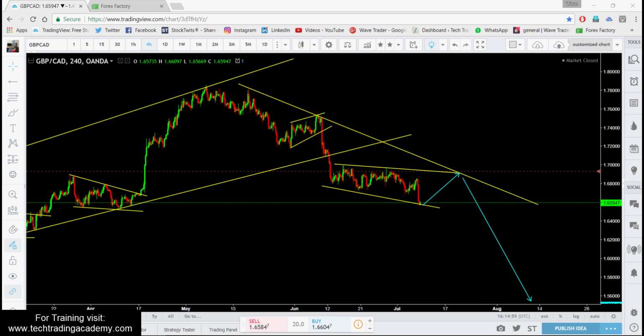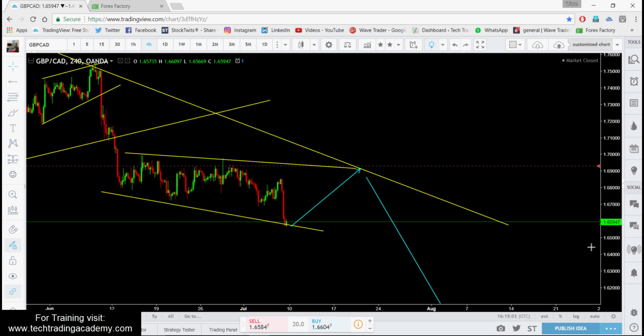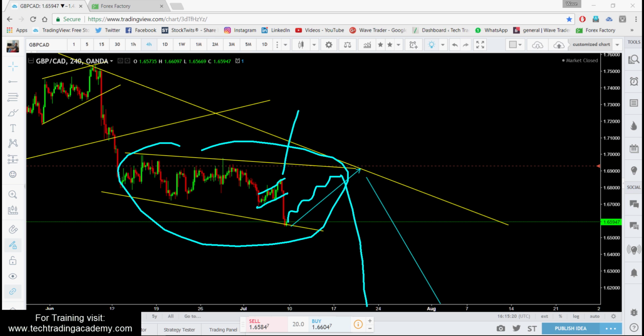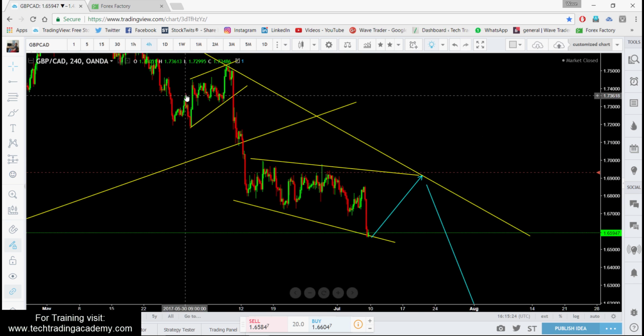If we see continuation pattern formation the way we saw just previously at this area, there is no reason to look for buy. You just need to stay bearish on this pair. If you see the continuation formation, that is your trade. An expanding triangle formation is possible over there. So what pattern was there? We were having